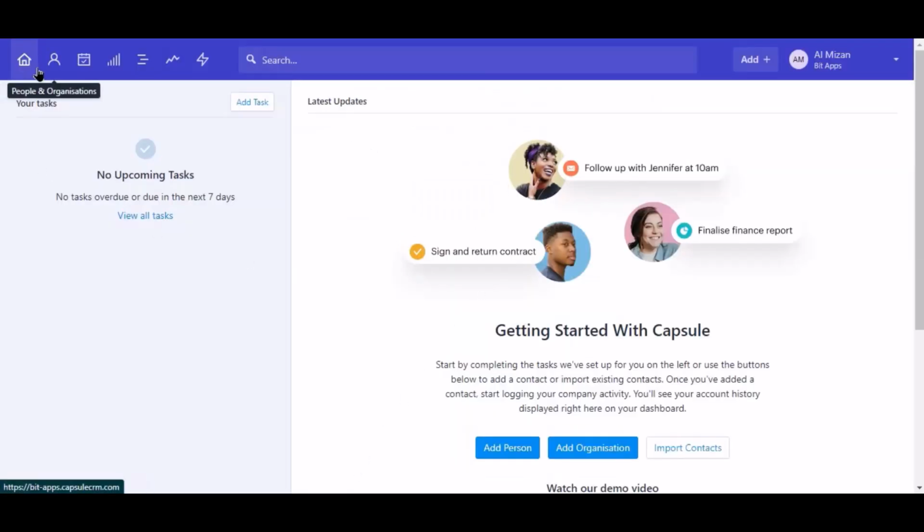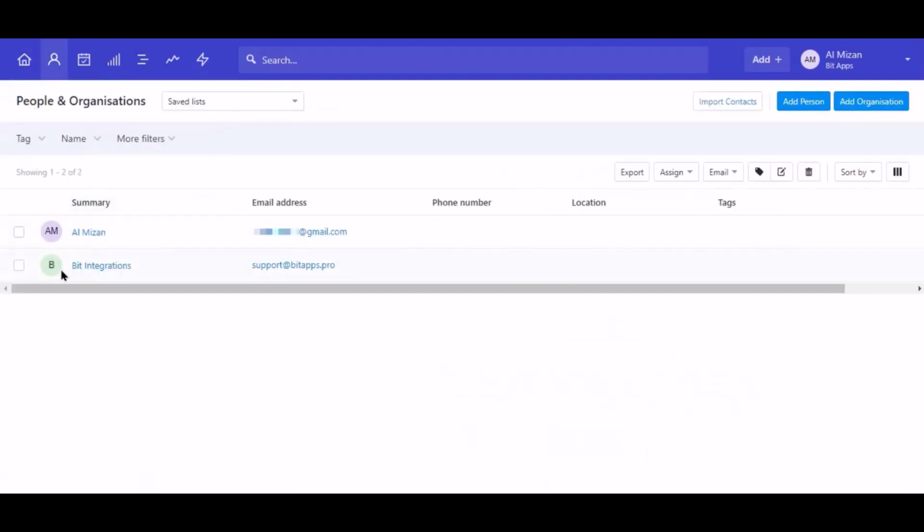Now go to Capsule CRM Dashboard and click People and Organization. Here is the data that came into Capsule CRM through the